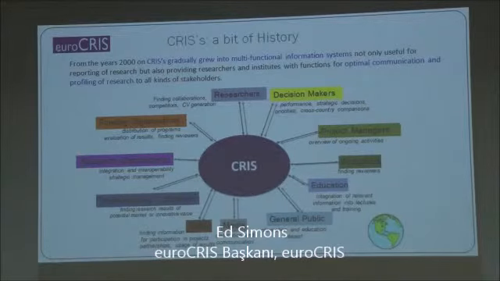So, from the years 2000 on, CRISs gradually grew into what you could call multifunctional information systems. So not only useful for reporting and administration, but also for providing researchers and institutes with functions for optimal communication and profiling of their research to all kinds of stakeholders. And this is what this picture here shows, where you see the CRIS in the middle, and around the CRIS